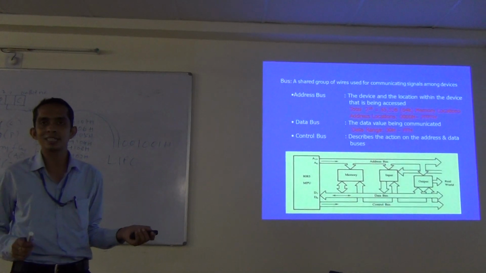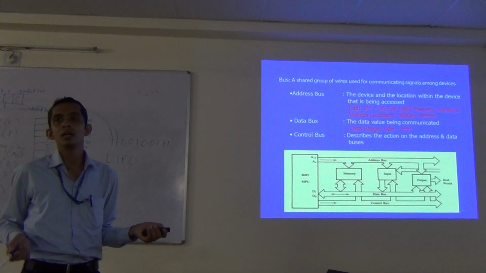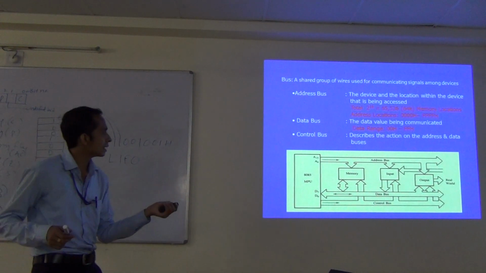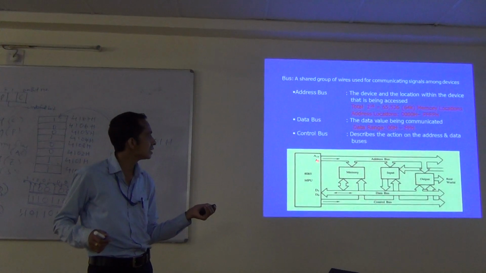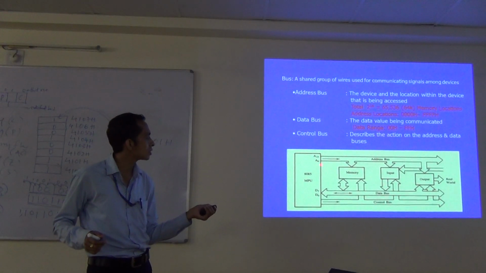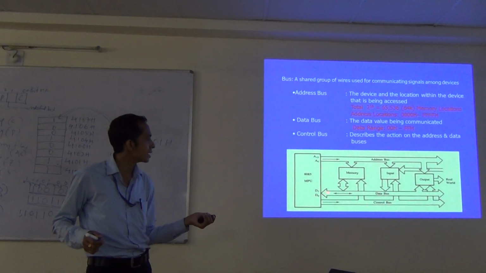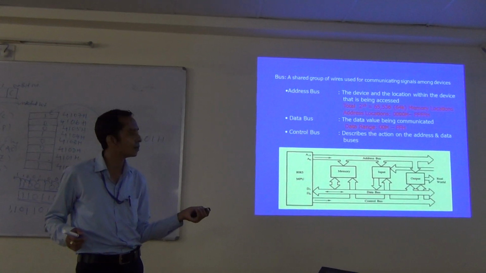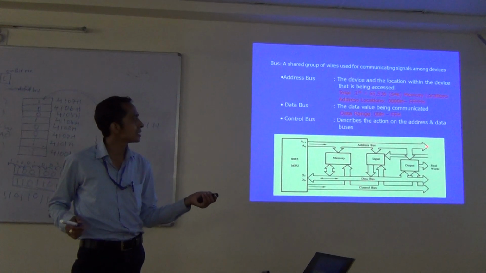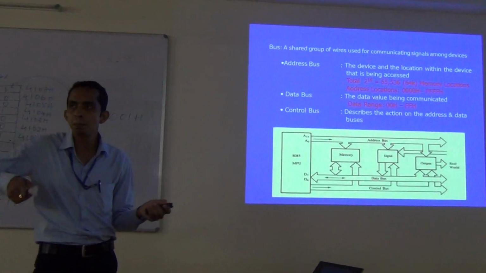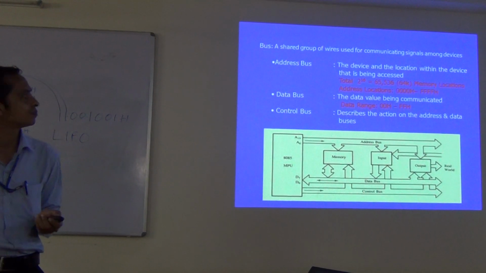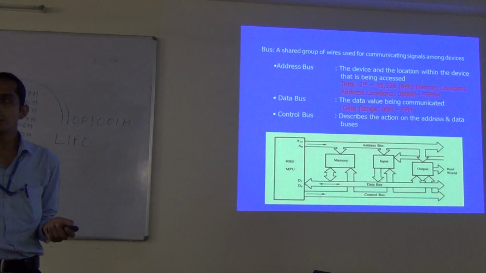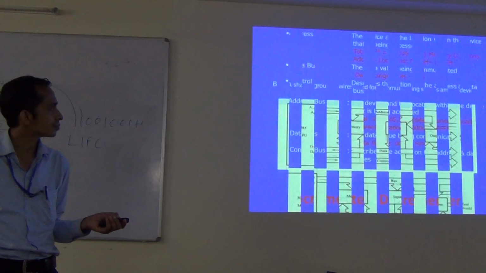It means all the buses are connected suitably, but be clear that the address bus is unidirectional. You can see no further direction toward the microprocessor is shown. Likewise, the data bus is bidirectional. It can be extended in both directions, so the arrow mark is given in both directions, but in the address bus a single arrow mark is given from the microprocessor towards the outside. So this is the bus architecture diagram of the microprocessor architecture.